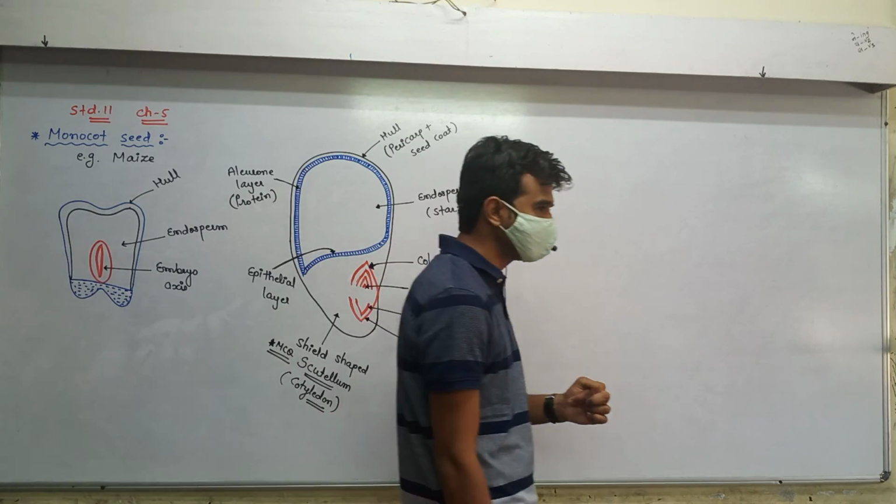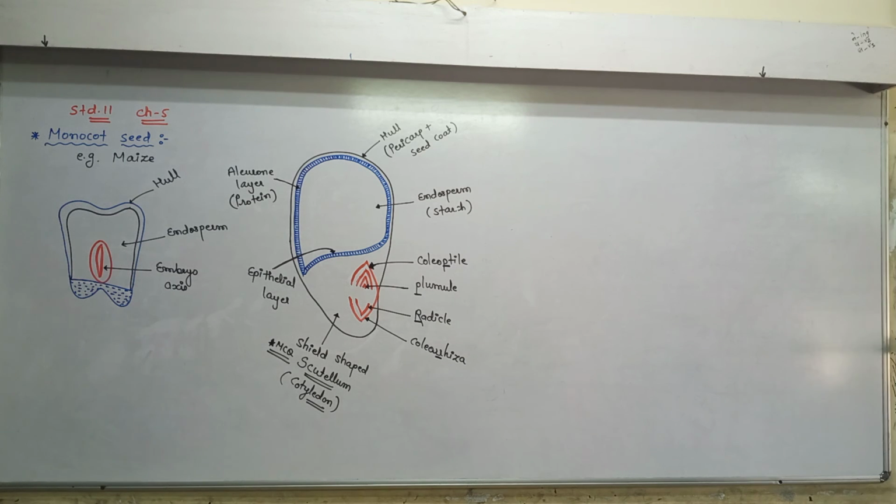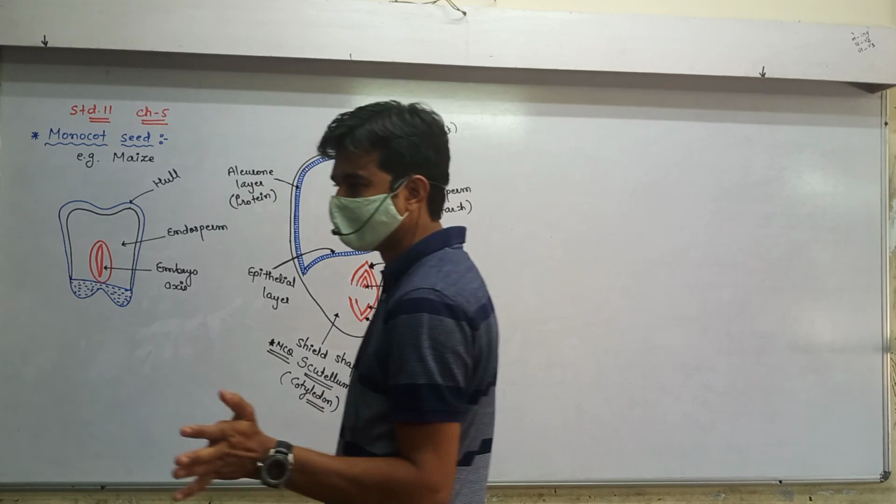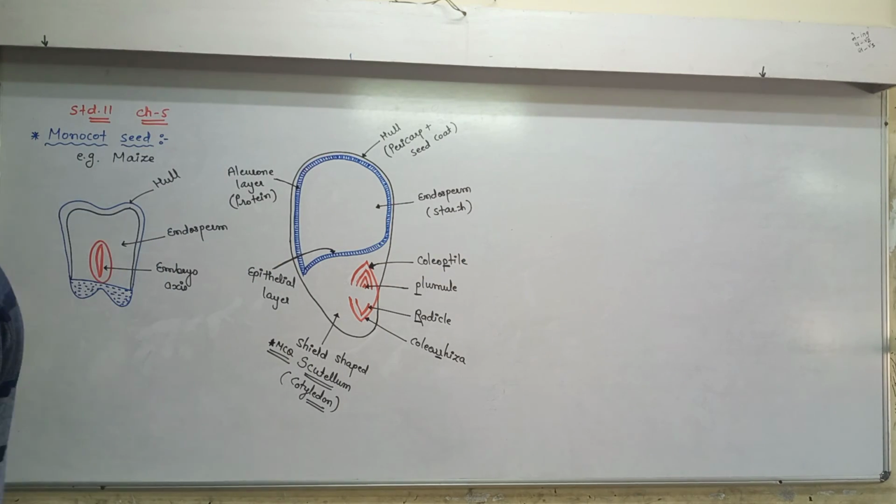I hope you understand this. Now the seed topic is over, and here I can stop for now. In the next lecture, I will tell you the different symbols. Only plant families remain. 3 families we have to learn there: Cruciferae, Solanaceae and Liliaceae.